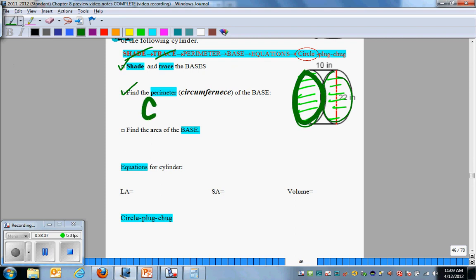So I'm going to write my equation. Circumference equals d pi. And I see my diameter here. Physical pickup is 22, so it's simply 22 pi. And we do have units this time, so it's inches. That's my C. Now I want to find the area of my base, and that's apple pie,